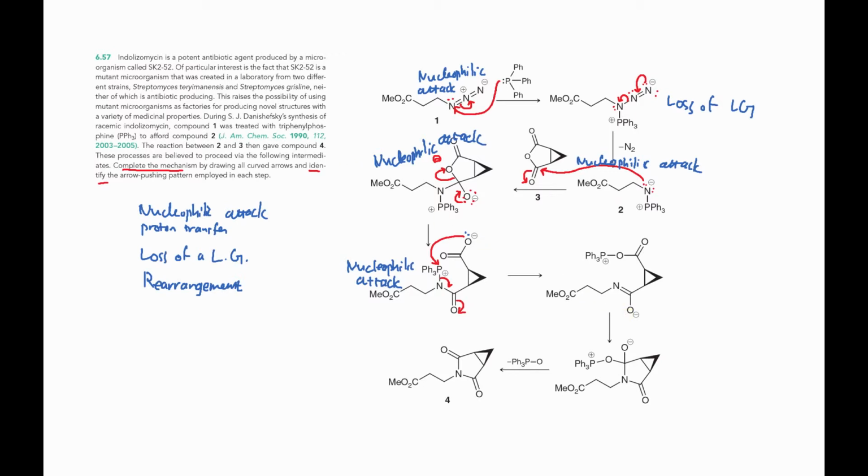So let me draw the lone pair first. Okay, lone pair here. I can imagine this lone pair is actually forming a double bond, and then carbon cannot have five pairs of electrons, therefore this bond is going to create the bond between the nitrogen